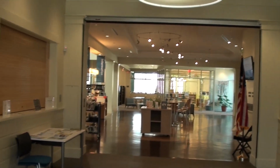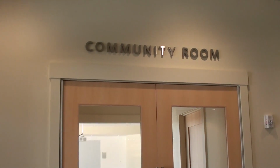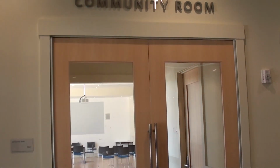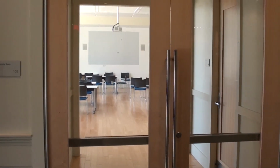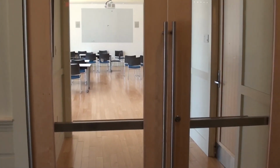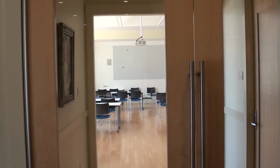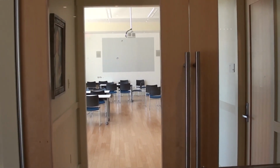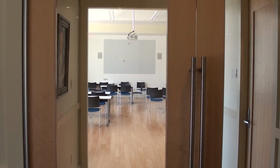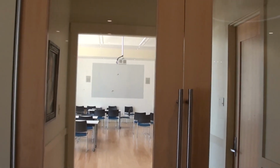This is the entranceway of the library. As you can see, it's beautiful. To the left of the entrance door is the community room, which can be used for free for all events open to the public. They also have a movie night once a week where they offer free popcorn. And they also have artisans, musicians perform in the community room